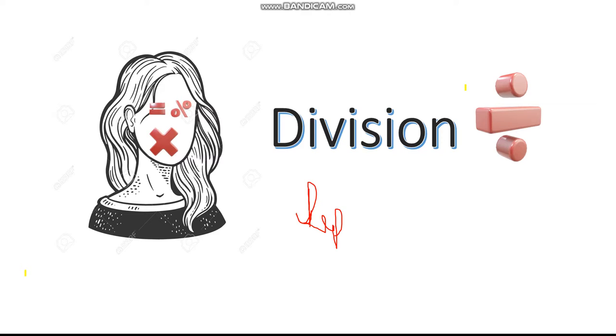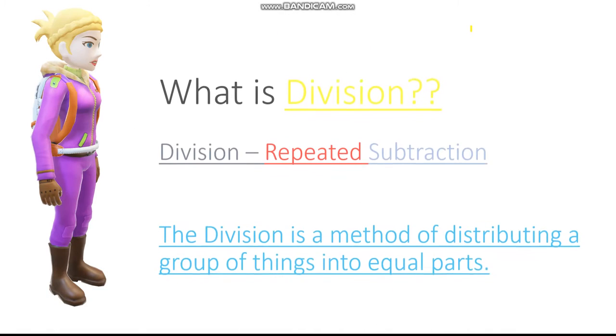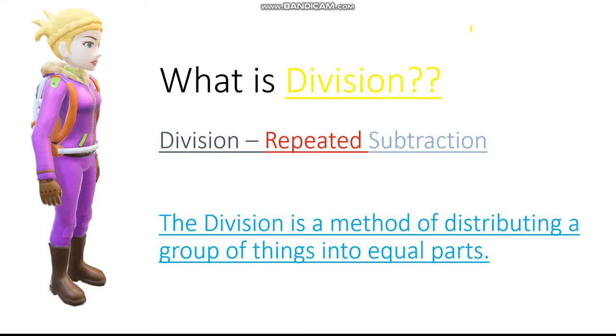So I'll be taking the example of candies here in the whole session. Division is repeated subtraction, and division is a method of distributing a group of things into equal parts. Let's understand this